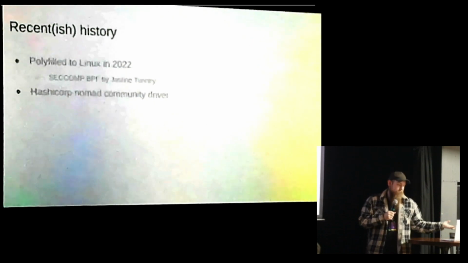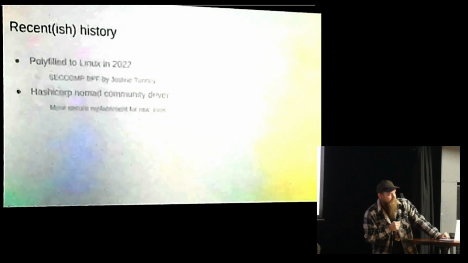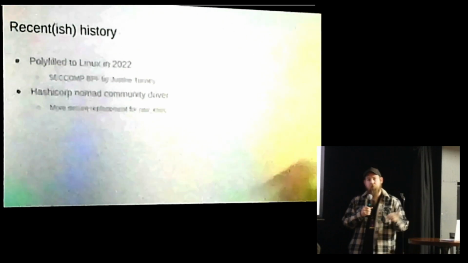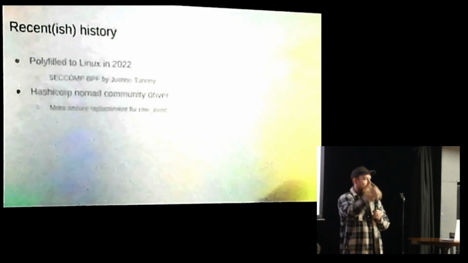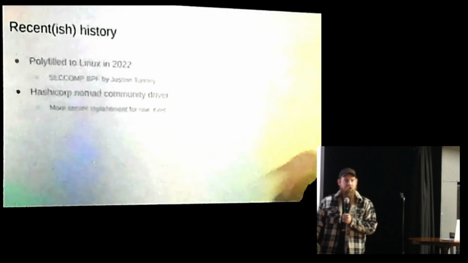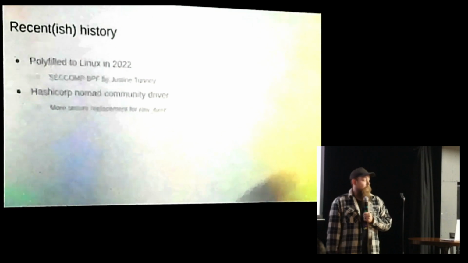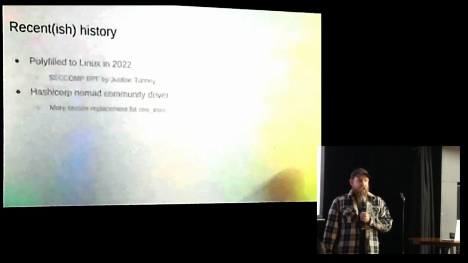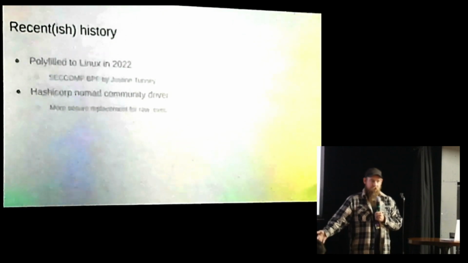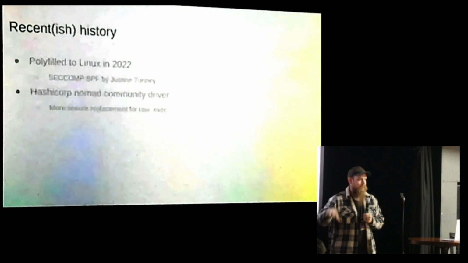Also, I run Nomad these days. HashiCorp has a Nomad community driver that is like pledge. So in places where you would normally have a shell script where you're like, I'm going to do this thing, whether it's deployed through Ansible or Nomad or take your pick, you probably don't want your random shell script. If you're going to do straight up curl pipe to bash, at least make sure that the binary in the middle has this protection so that it will do what it's supposed to do and not do other things.